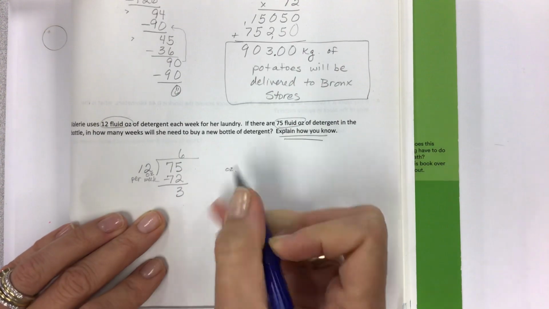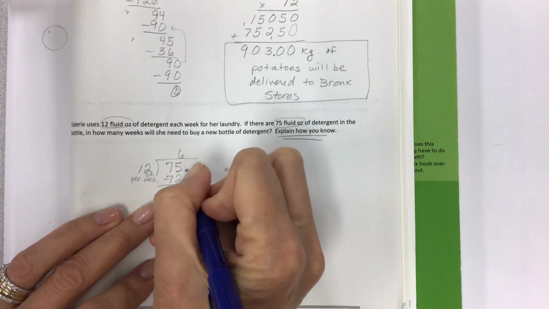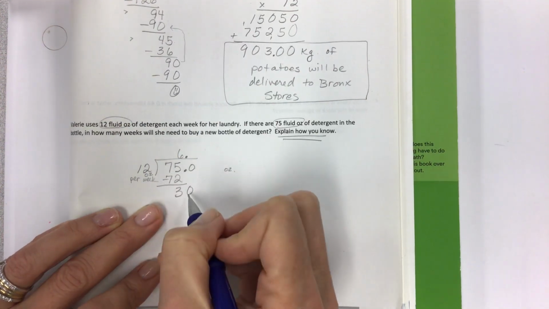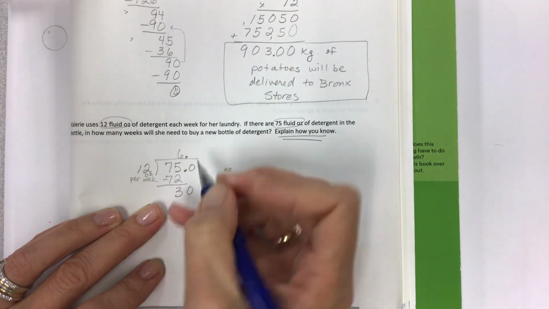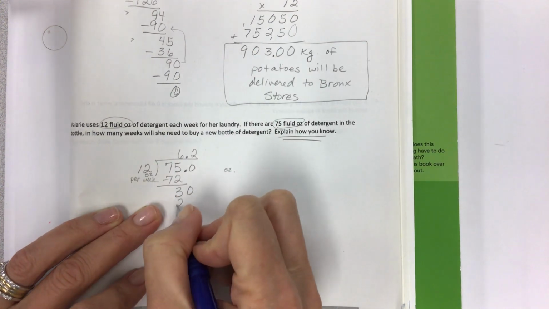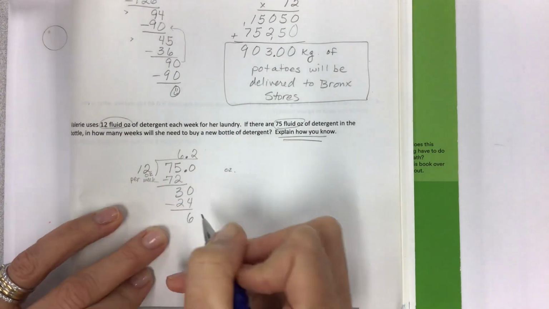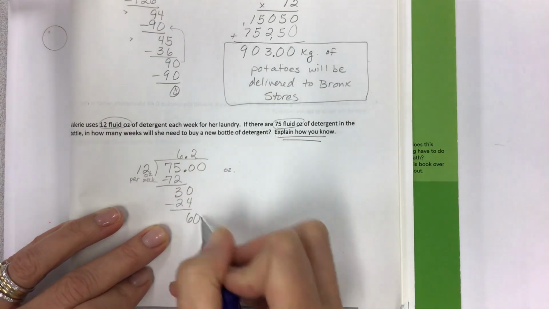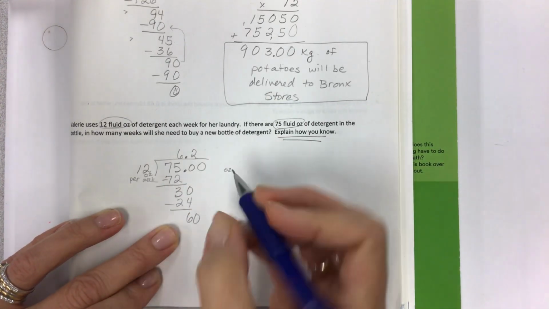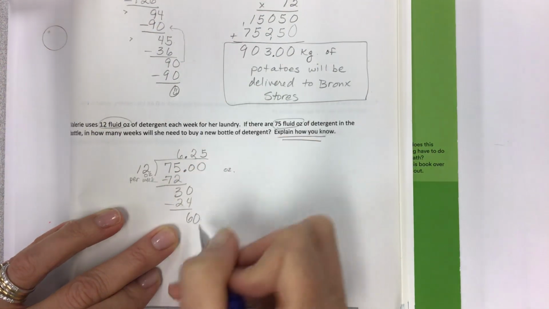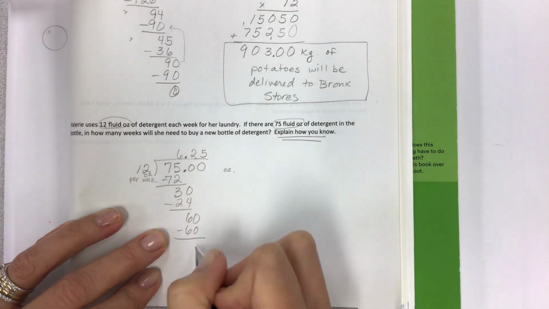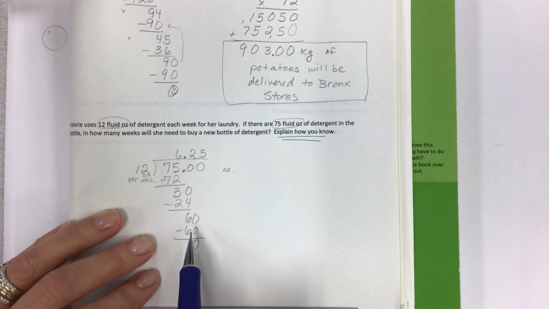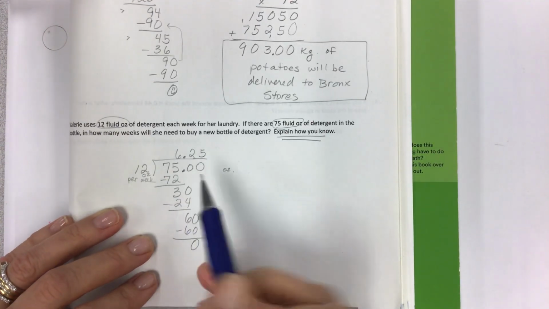Now I'm left with 3, but I want to know exactly. So annex the decimal and a 0 and continue dividing. 30 divided by 12, I could get 2. 2 times 12 is 24. And you're left with 6. And look, if you annex another 0 and you bring it down, 12 times 5 is 60. So we have an exact answer of how many